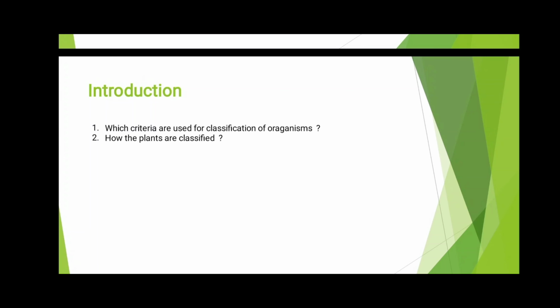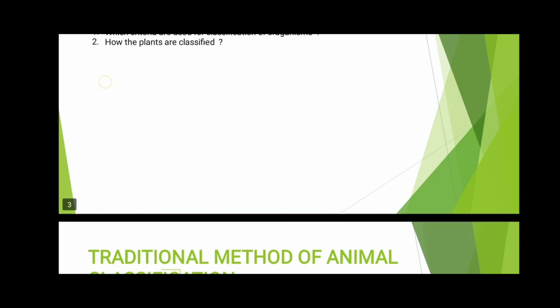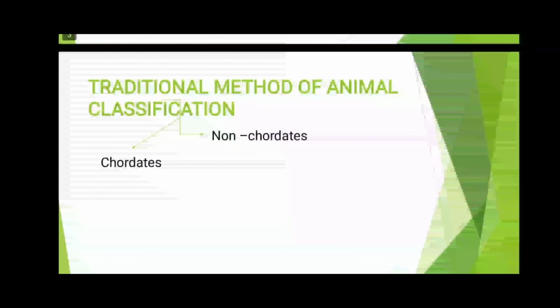So in plant classification, one way is to group them into vascular and non-vascular plants. Also, seed bearing and spore bearing. And further, we can also classify angiosperms and gymnosperms. Okay. So let's move to the next